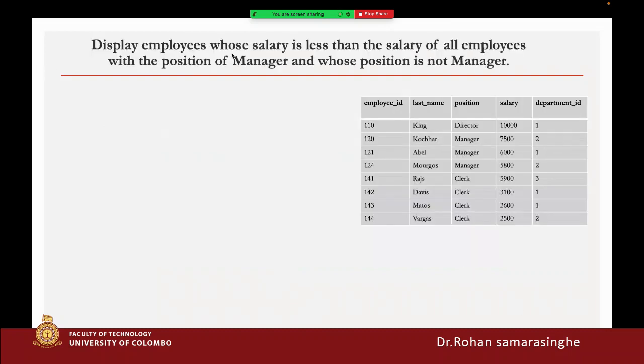Here, display the employees whose salary is less than the salary of all employees with the position of manager and whose position is not manager. First of all, what we have to do? We have to write the query. Understand this one. Display the employees